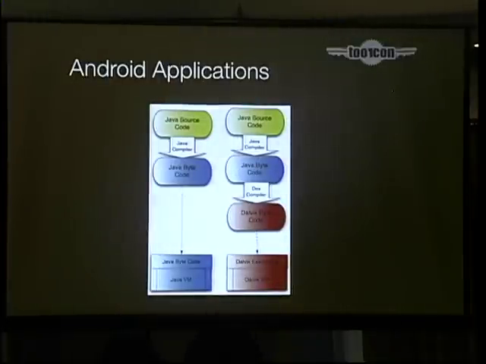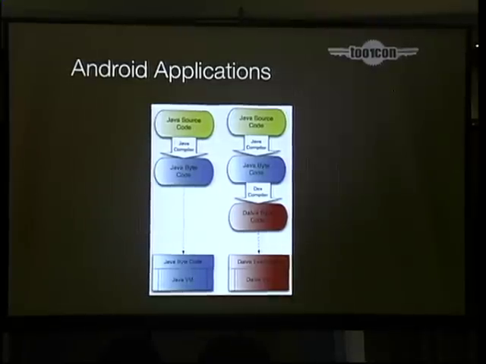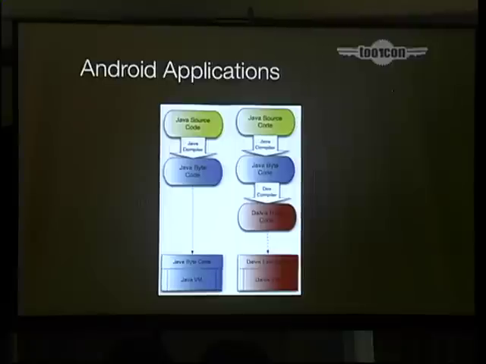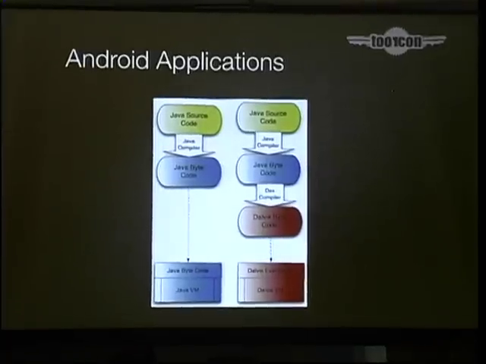So basically, this is the difference between a jar file and an Android DEX file. A jar file is processed like this: the Java code is first converted into Java bytecode through the Java compiler, and then you get the jar file, which can be run in the Java virtual machine. In the case of Android, the Java code is first compiled into Java bytecode, which is again compiled into Dalvik bytecode, so it will be able to run in the Dalvik virtual machine, right?